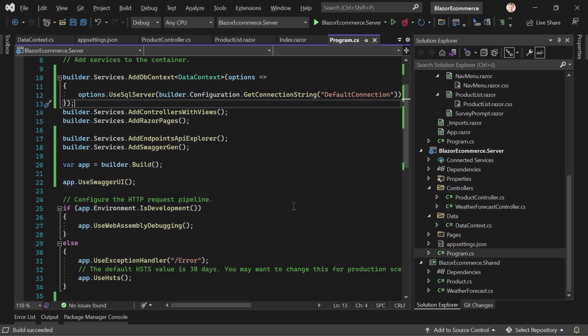We've got the code first migration and the database first migration. Now with the code first migration, again, the name already says it, you write your code first, like your models, the product model, for instance, and then when you add a migration and update the database, Entity Framework will create the tables for you in the database that will work with your models. The other way is simply the other way around. You create your database first, your tables, your relationships, and so on, and then Entity Framework will create the models